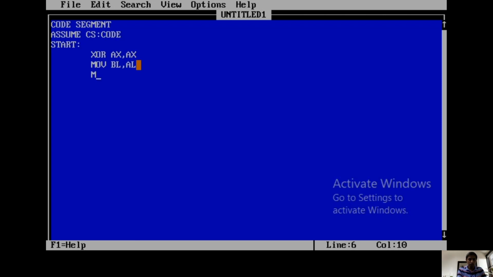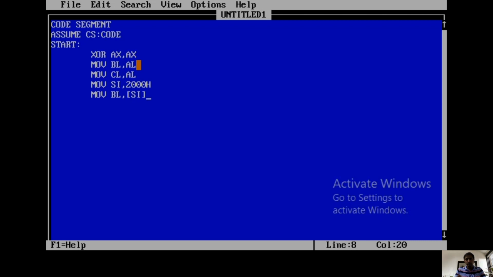Then what is the next step? MOV. Here CL is also required for selection of the number of bits to move to the right side. For that, MOV CL comma AL. So which are clear? AL clear, AH clear, BL clear, and CL clear. Then for selecting the number of 16-bit numbers, we need to select the 2000 location. For that, I am writing MOV SI comma 2000H. Next, MOV BL comma [SI]. So BL takes the number of 16-bit numbers.